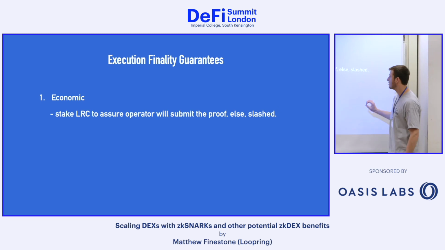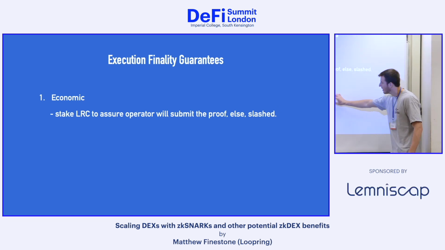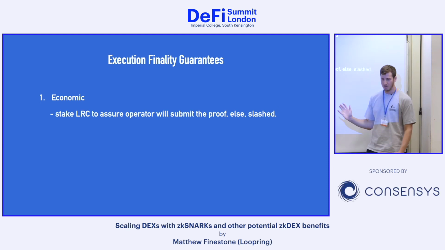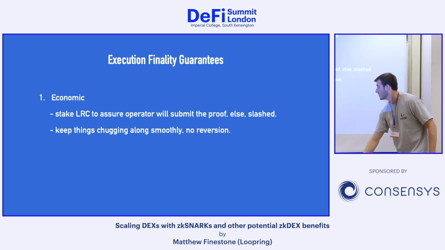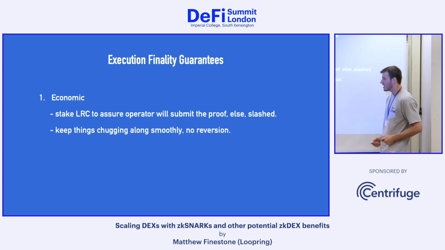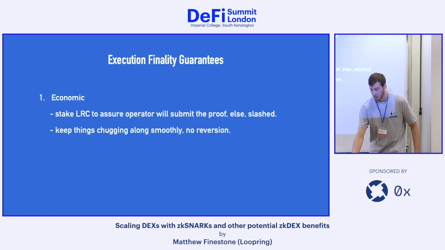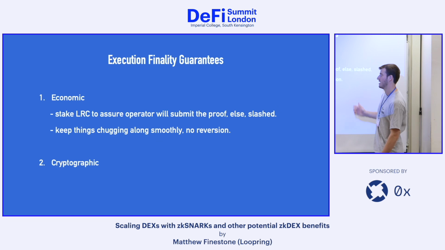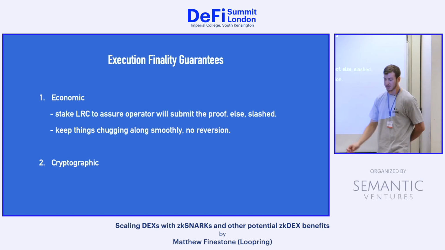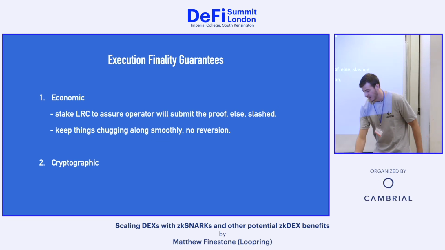So that's why that little asterisk was there when I said as secure as Ethereum, because at one point you only have this economic guarantee, not a cryptographic guarantee. And again, this just keeps it so that the DEX is incentivized to not revert the state before the proof, the cryptographic finality, is finally submitted. So these are like the two forms of finality.